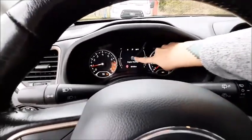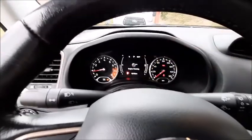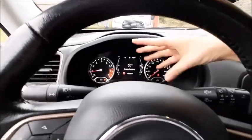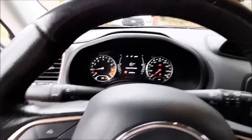This screen can change. Right now it's telling me my engine's running because I'm parked. It's also telling me my back is open still, and I have my doors open, so it rotates through all my little icons. And yes, my tire pressure is low right now because it's cold air. It's like 50-something degrees, so my tire pressure is 5 degrees lower than it should be, which is normal, because air